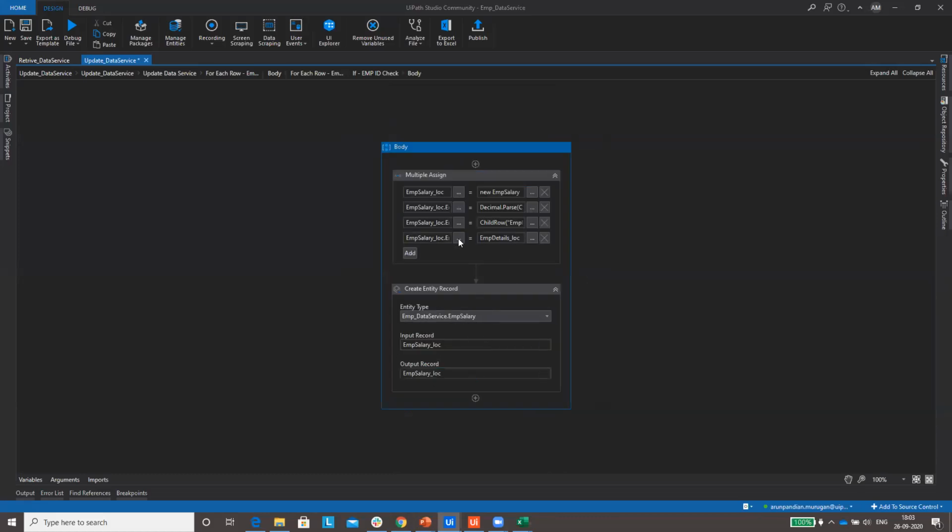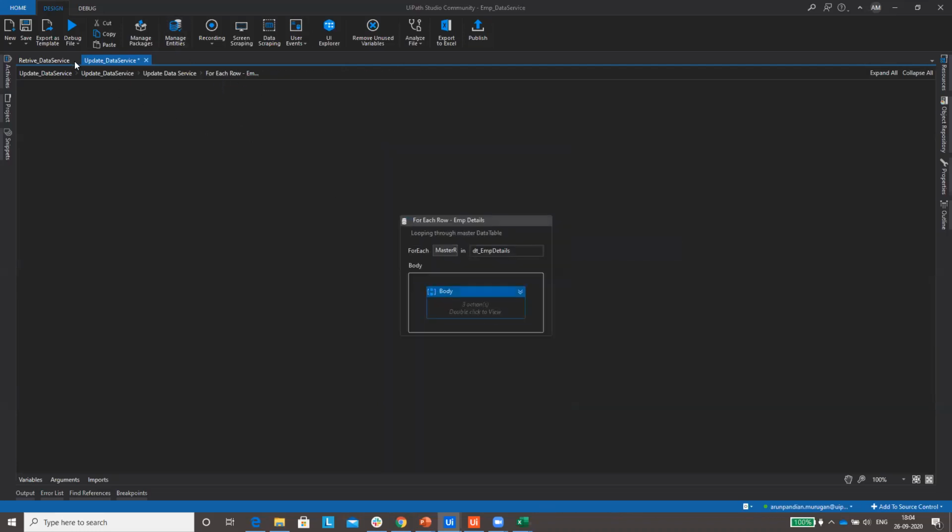Okay, the second time what you are trying to do. So see here, salary.employee id, emp salary.emp id, employee id, you will be passing like emp details underscore local. Which means that the previous variable, or the previous output object, has to be used when you are adding the next entity's data. That's how the relationship will be established between these two entities. Okay. Let's run and see.